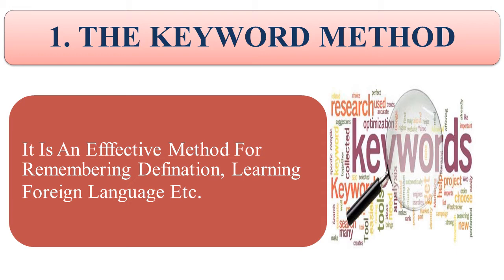So, the keyword method is specially used in learning language, vocabulary, etc. Here a familiar word or image is used to link two other words or images. The new word is paired with a common English or Hindi word with a similar sound. Then we can form a mental image of it, graphically interacting with the English translation of the word.